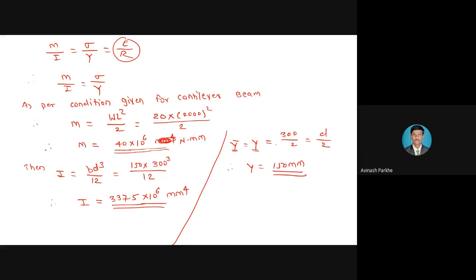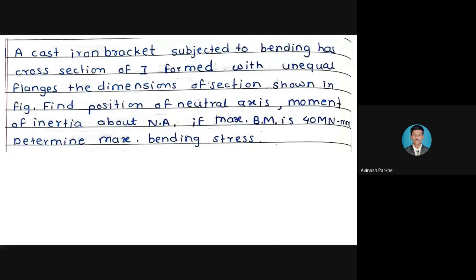So these are very simple numericals based on the rectangular sections. Now, we'll solve other problems for the common used sections like I section, maybe symmetrical I section, unsymmetrical I section, and the T section. So this is a problem in front of you. The statement is given, and from that particular statement we have to find out the bending stress induced in that particular beam. Now this is problem number 3.